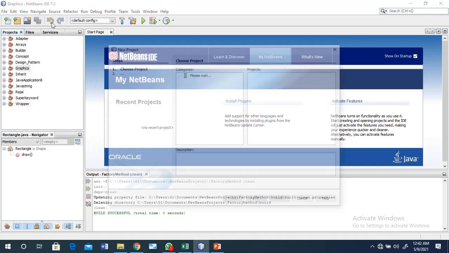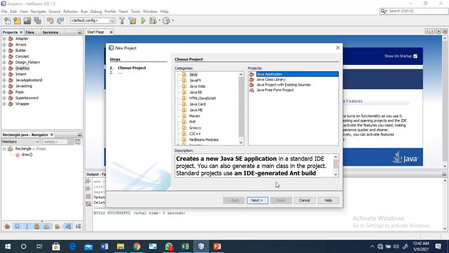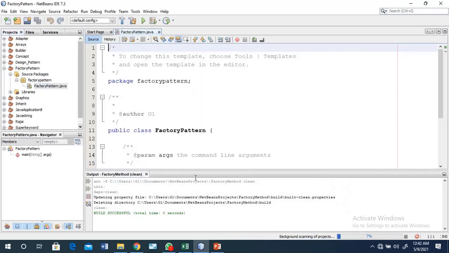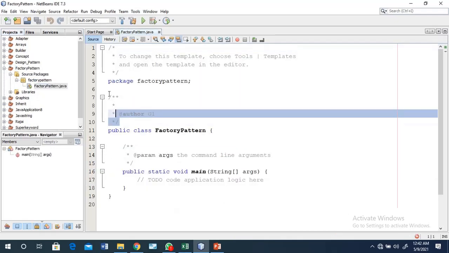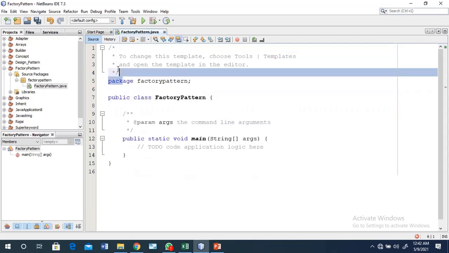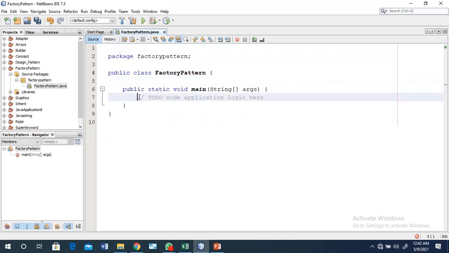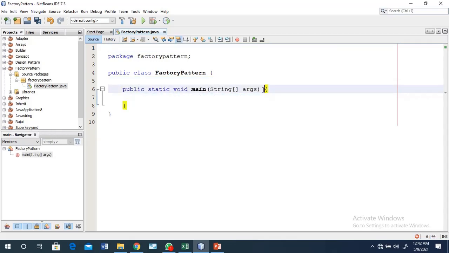Create a new project: Java application, next, name it factory pattern, then click finish. Your project will be created here. You can remove some extra comment lines; if you require them, keep them, otherwise remove them.